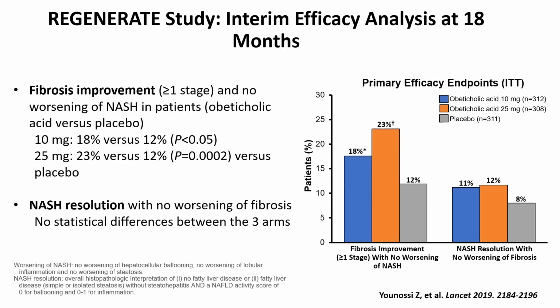Next slide. So obeticholic acid was studied in the phase 3 Regenerate trial that in the interim analysis looked at about 900 patients that had biopsy at baseline and repeat biopsy after 18 months of the intervention. That included obeticholic acid, low dose 10 milligrams, high dose 25 milligrams, or placebo. And what we learned in the Regenerate study, that actually there was a signal on fibrosis regression by 1 stage with the high dose 25 milligrams. There was no signal on NASH resolution, but they actually achieved one of the endpoints for FDA approval.